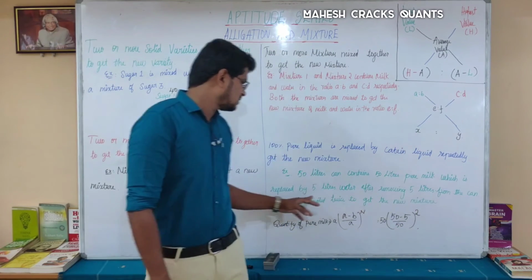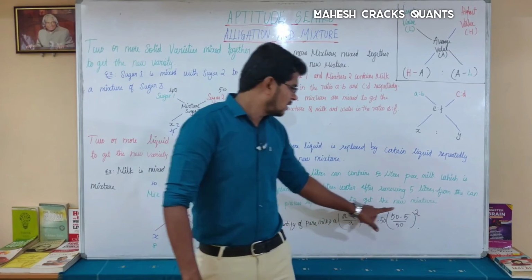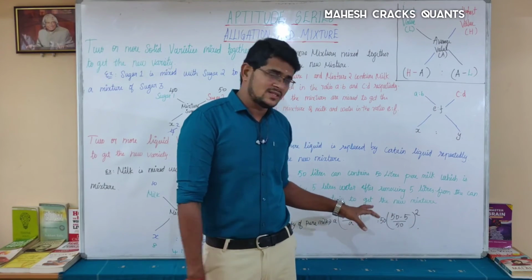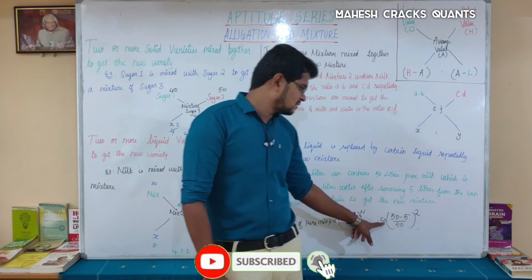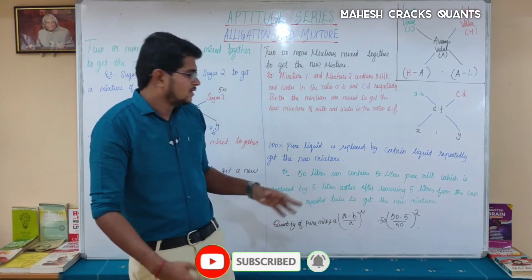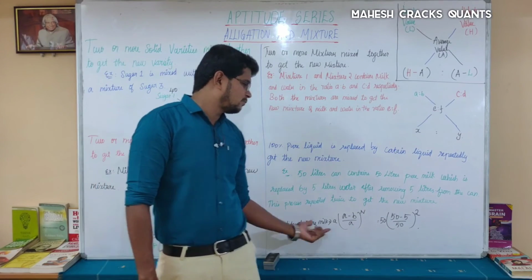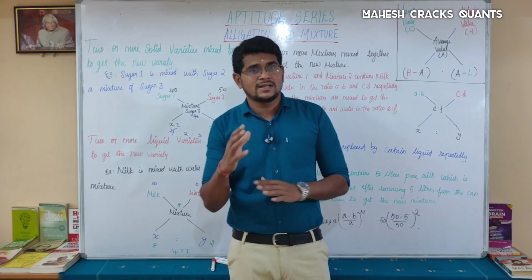How many times am I doing this? I am repeating this twice. Twice means the number of times, n is the number of times. So power 2. If this is for 3 times, you have to use power 3. And then 50 is the number of liters at the beginning. When you solve this, you will get the value of the quantity of pure milk. Okay, these 4 kinds only we will use, along with ratio.